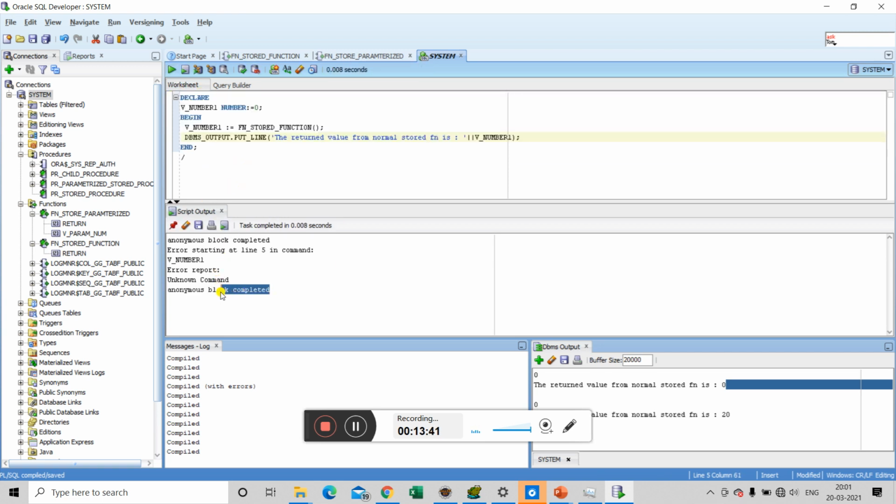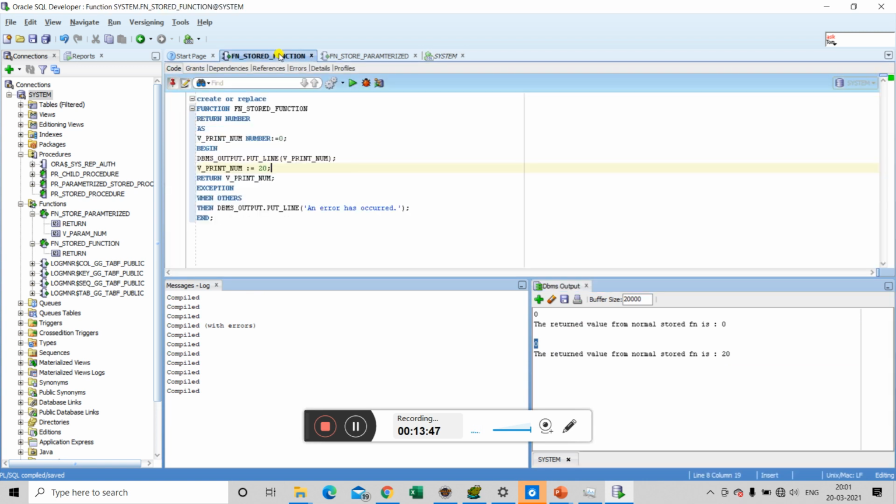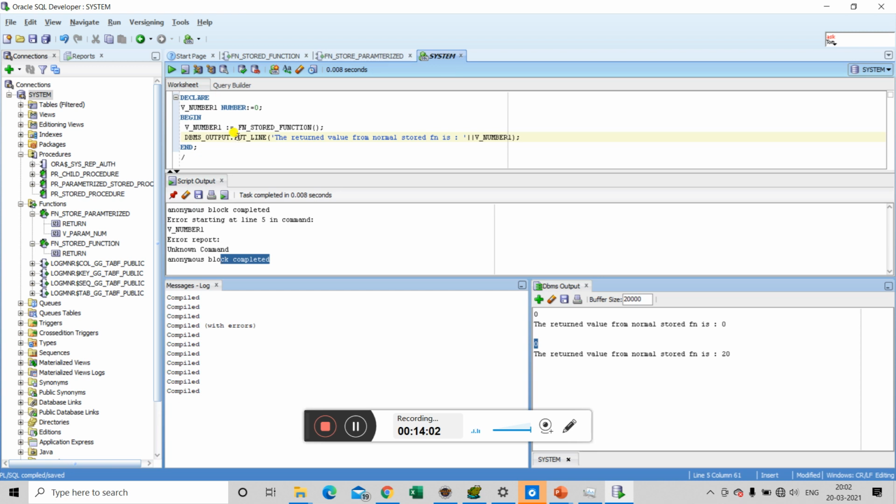As you can see, the anonymous block is completed, and the console first shows 0 because in the function we printed our value at the start of the execution block, and then we put a 20 value inside this variable and returned it. So the anonymous block has 20 in its variable v number 1, so it prints 20 here.